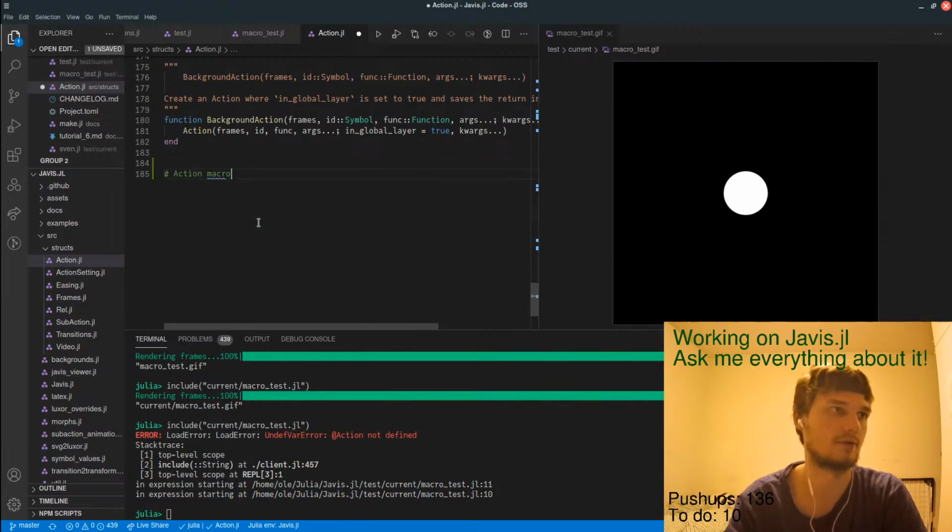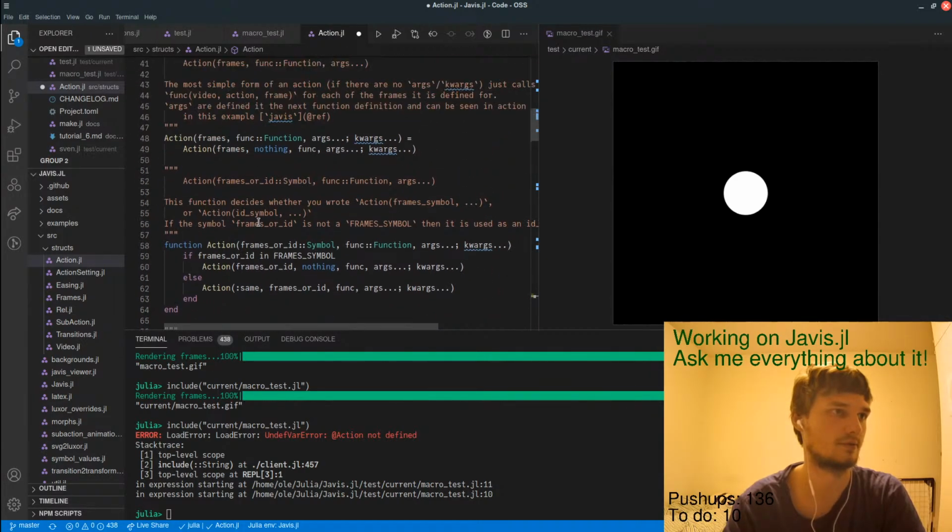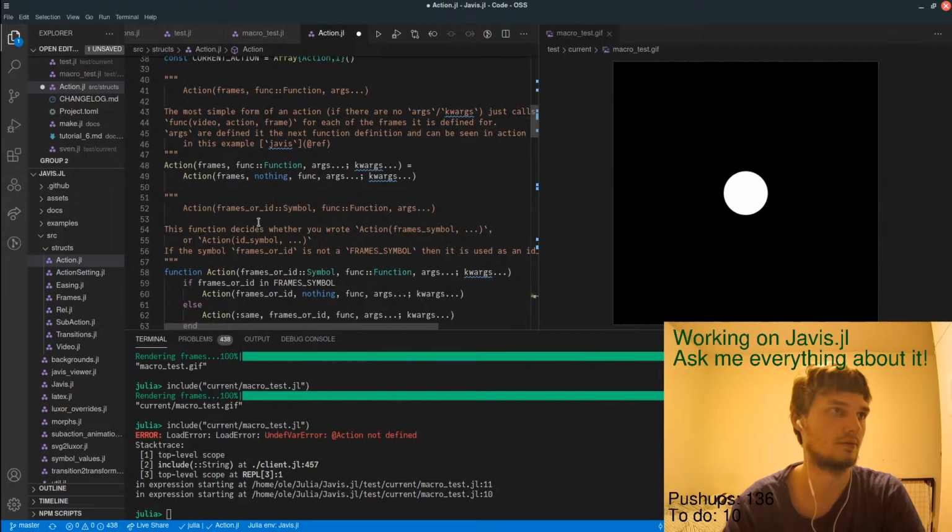Action macros. So macro action, which takes in frames. What is the most basic frames function? Yeah, I can actually do this.